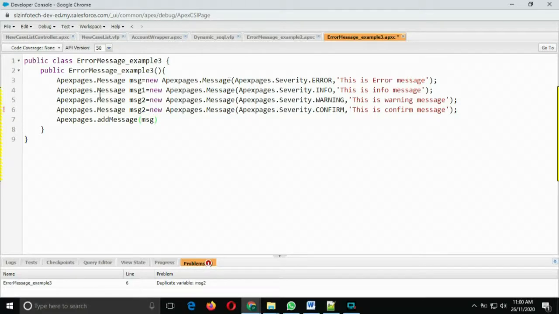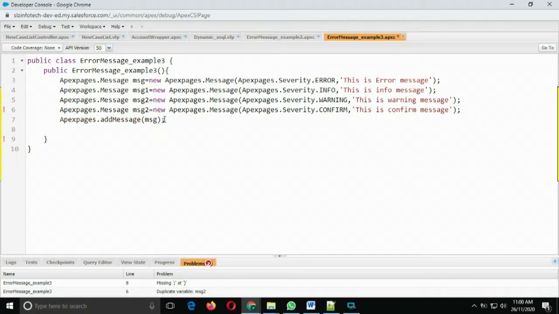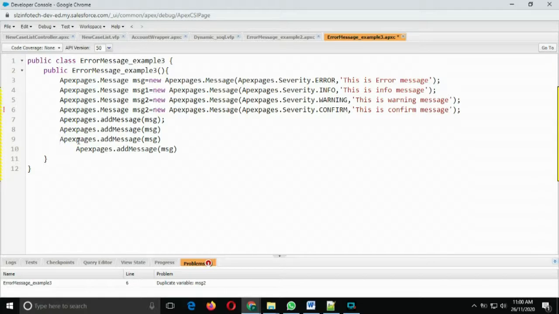This is the first one, message 1, message 2, and message 3. Save it.